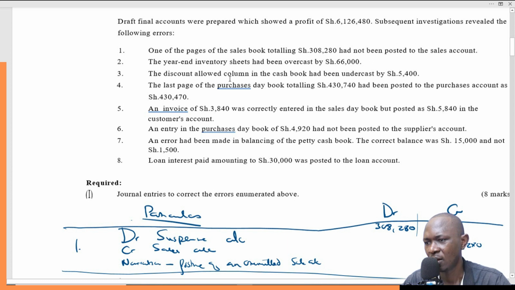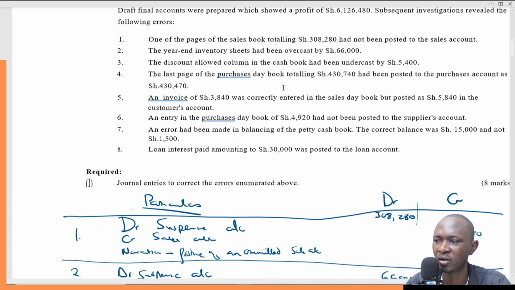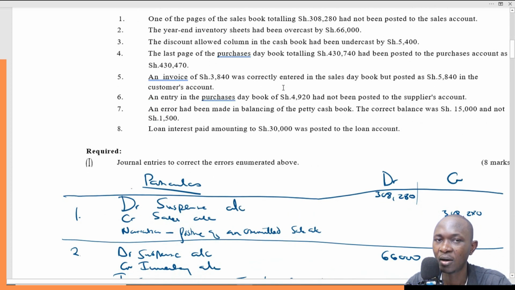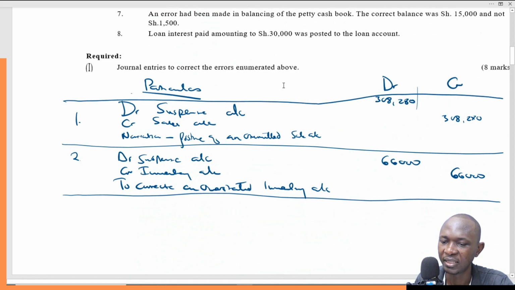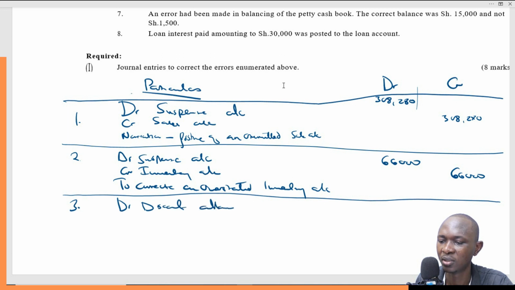The discount allowed column in the cash book had been undercast by 5,400. Discount allowed is a debit, so it had been undercast, which means we are going to increase it by the 5,400. Since it's a debit account, we debit it again with the 5,400 which is missing. So we debit the discount allowed account 5,400, and then we credit now the